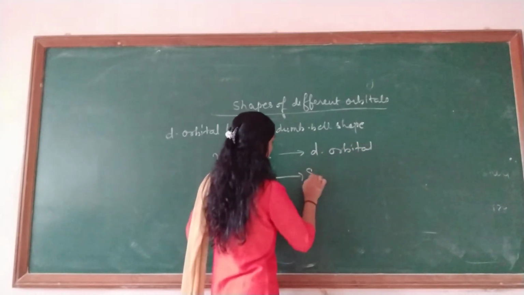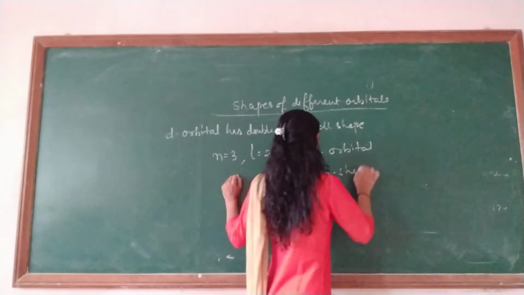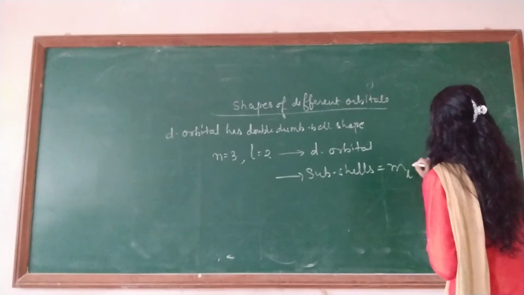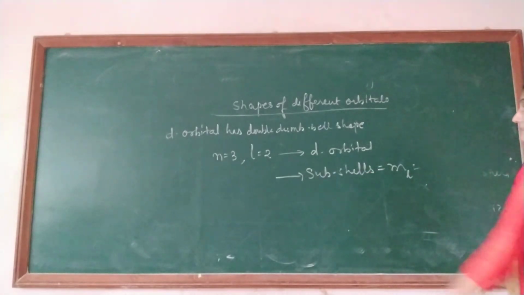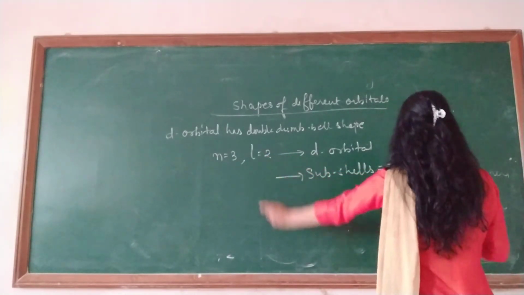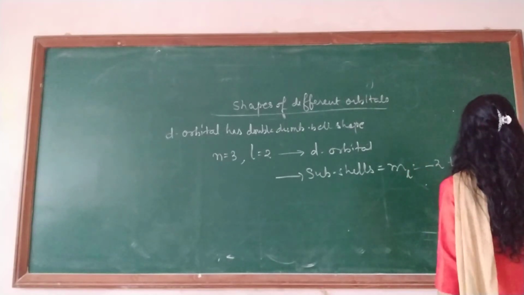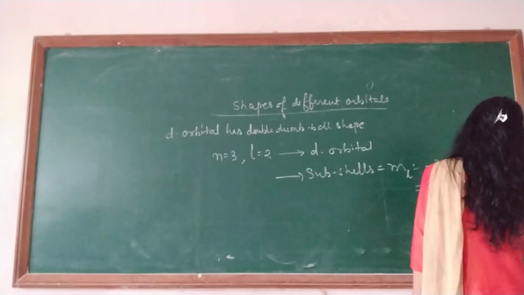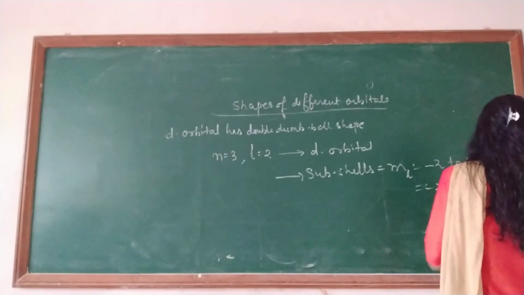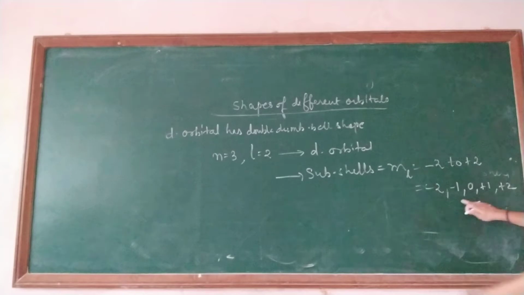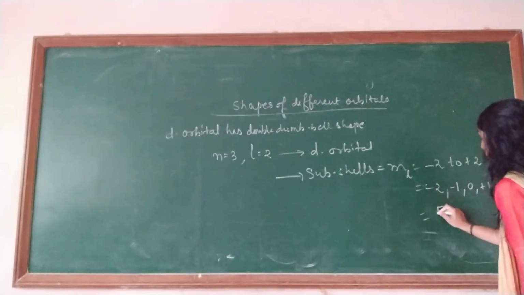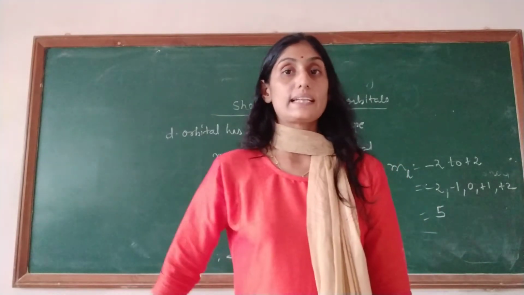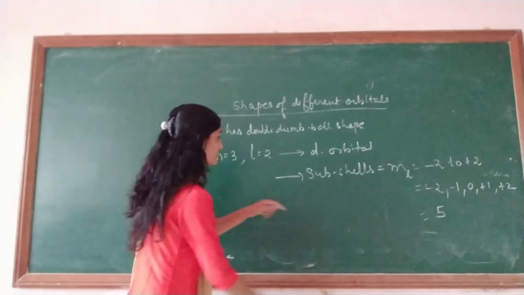Now we talked about the subshells of d orbital. It is going to be found out by the value of n. So we are taking l, it is given on the value of l, minus 2 to plus 2. So that is equal to minus 2, minus 1, 0, plus 1, plus 2. So how many, if you count 1, 2, 3, 4 and 5. That means it contains 5 subshells. So which 5 subshells does it have? We are writing those 5 subshells over here.